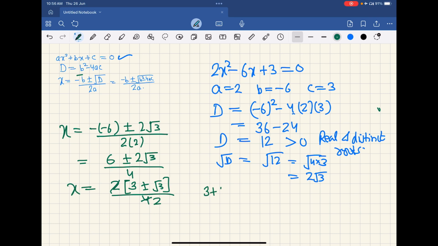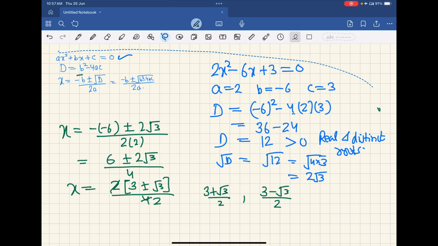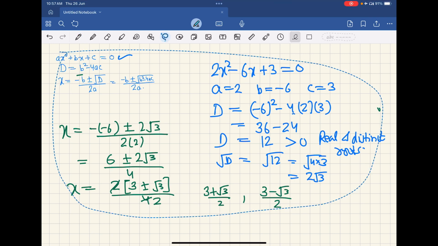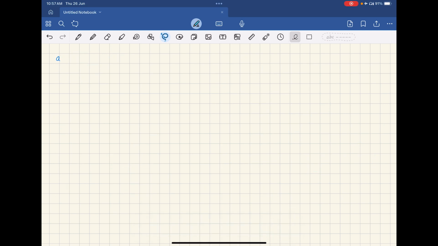One of the values is (3 + √3)/2 and the other value is (3 − √3)/2. So this is how we solve questions using the quadratic formula. अब हम बढ़ते हैं इसके बाद अगले क्वेश्चन की ओर। हाँ, अगला क्वेश्चन है: फाइंड द वैल्यूज ऑफ k। अब हम चल रहे हैं क्वेश्चन नंबर 2, एक्सरसाइज 4.3। फाइंड द वैल्यूज ऑफ k फॉर